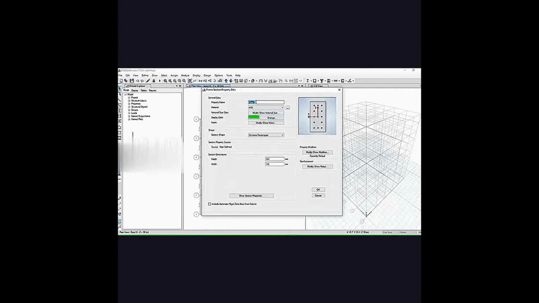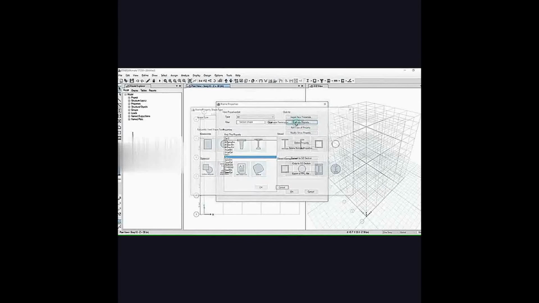I have to set the property name as column 2 maybe. Let's take it as column 2. Material as M20 set. It is set. Depth is 300 mm and width is 230 mm as provided in the information. Click on OK option.